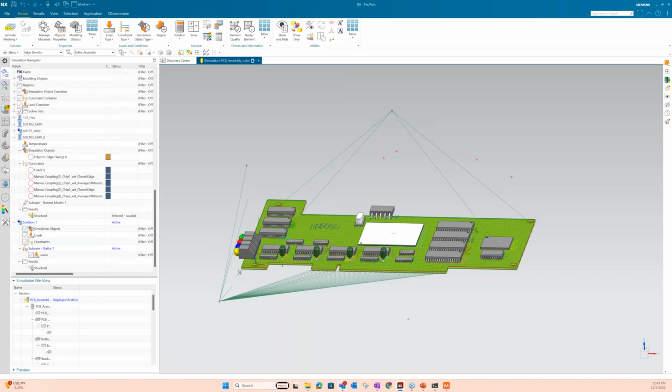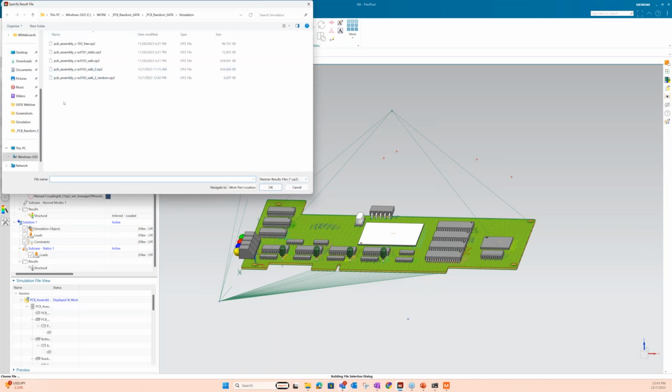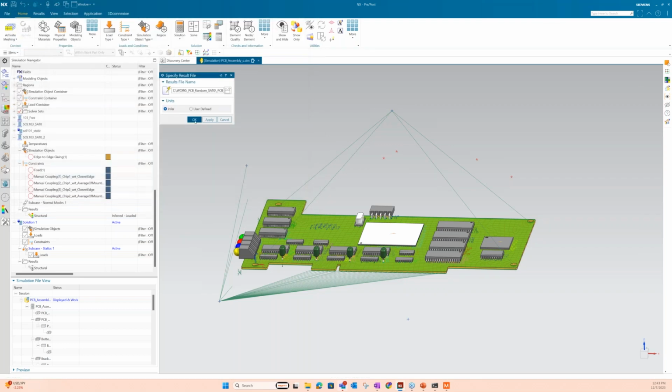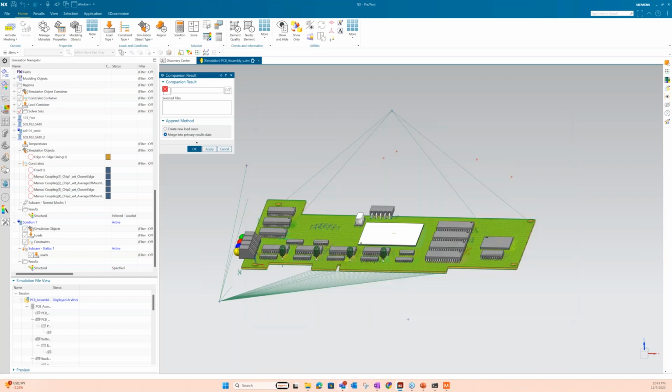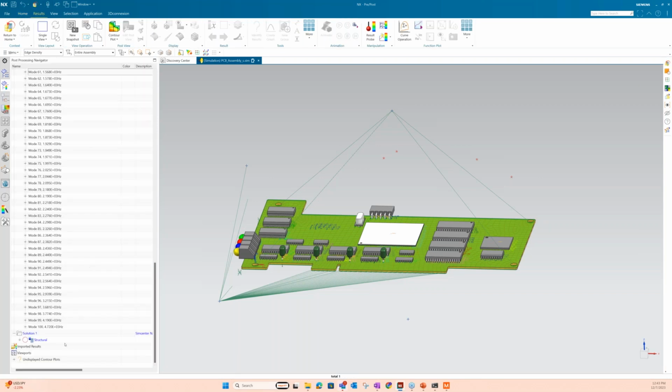And we'll come down here and I will load those results. And I'm looking for this. You can see that the SATK creates its own OP2 file with the results. So I'm reading that one in. And then there's some companion result data I want to add as well. That's in a different file, the .bun file, we call it. Read that one in.